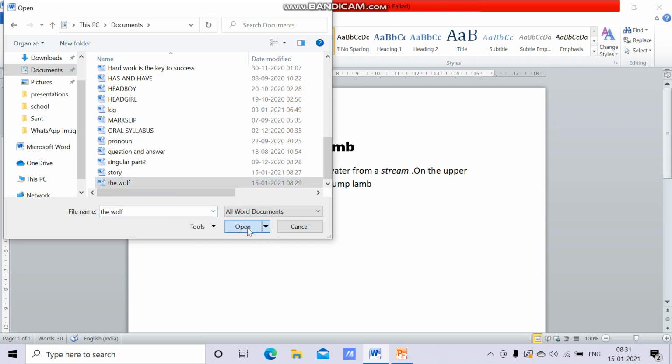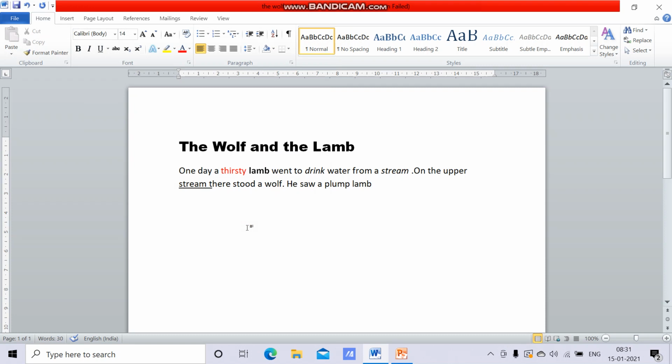Click on that and then Open. This will open and you can work on this. You can type whatever you want to type after that, and after doing your work you can close the document.